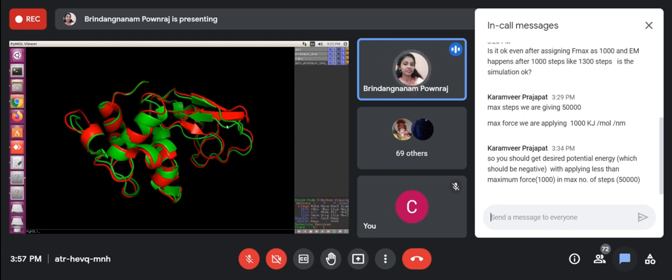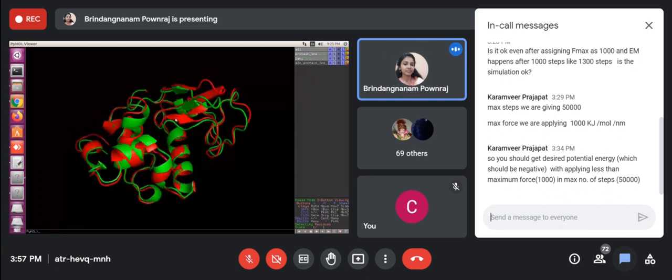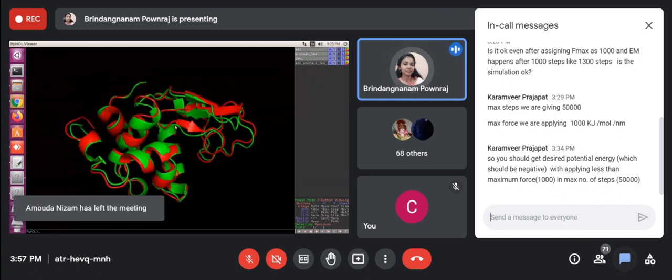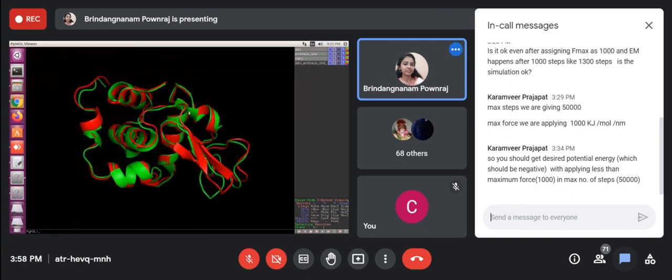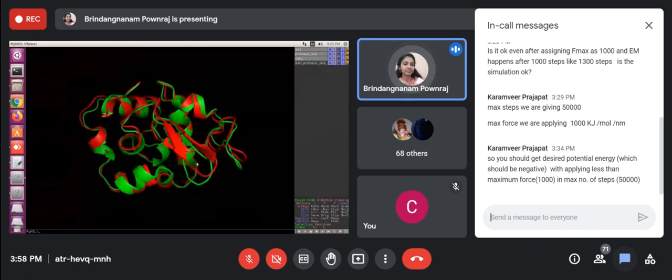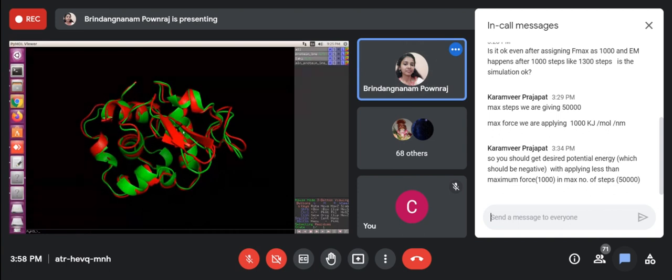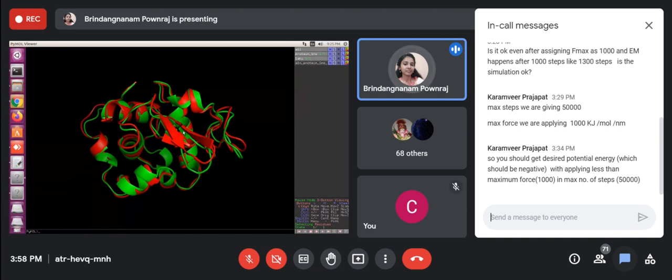Here, one beta sheet is there, but in our native protein it's just a loop. And also here, the beta sheet in the native protein is only this much, but it has extended till here.